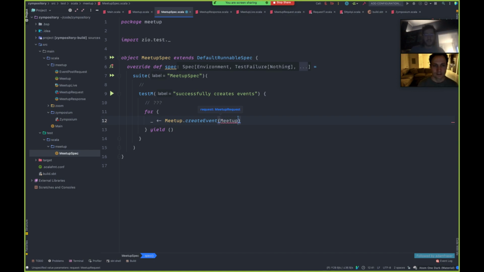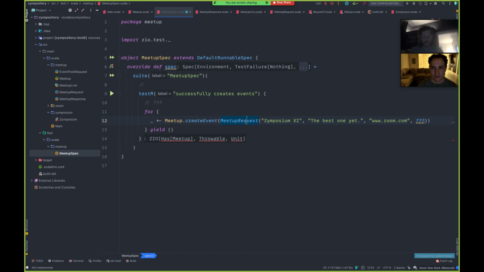And now we need to create a meetup request. And this is going to take a title. So Symposium, we can prepare for Symposium 11. And then what else do we need? We need a description, the best one yet. And lastly, a webinar URL. Yes, because this would have been created for us previously. Zoom.com, and then a zone date time, which I'm actually not sure what that's going to be yet.